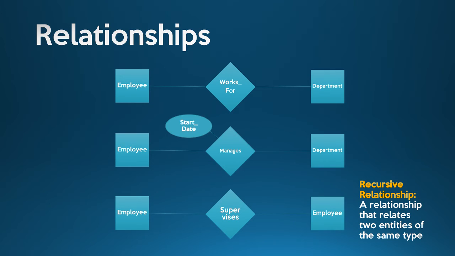So you have an employee who works for a department and an employee manages that department, okay? Again, not all employees are managers, only some of them, so that's why you have two different kinds of relationships. And works for, you would need every single employee to participate in that relationship, right? Because every employee has to work for some department. And for the manages relationship, it's only going to be a few that are going to fall under that relationship,